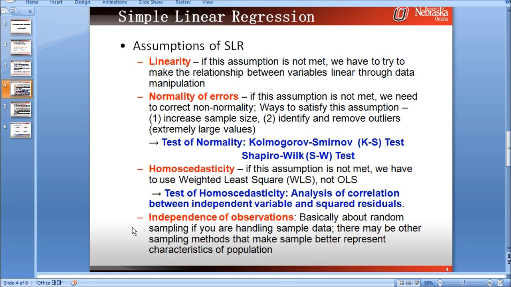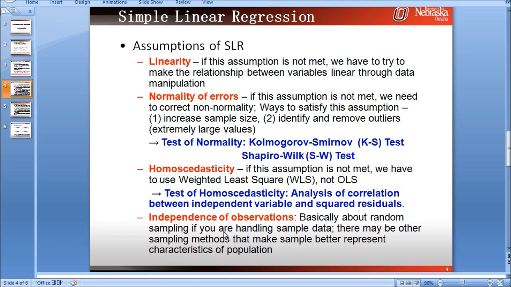Linearity and independence of observations are simply assumed for the purpose of this class.